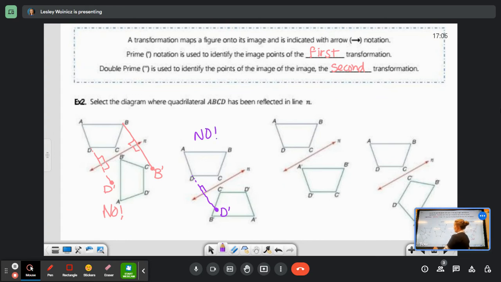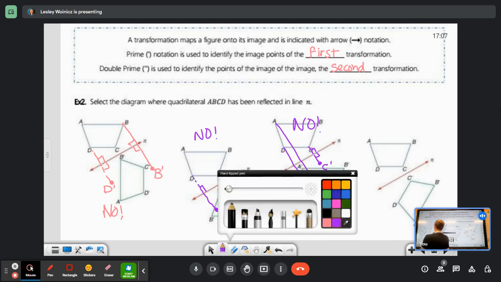All right, next. Same perpendicular distance away on the opposite side. C should be here, C prime. Okay. D prime should be here. A prime should be way out here. So all of these are in the wrong spot. This is a no. Wouldn't you know I made it the last one? Of course I did, because I wanted to talk about all these other fun examples. All right, last but not least,